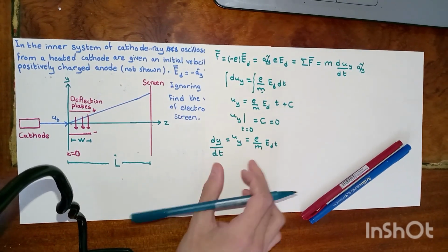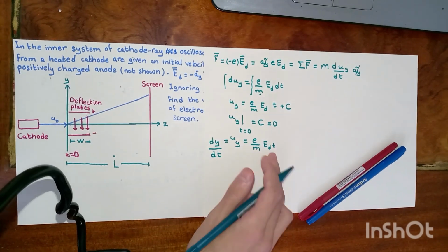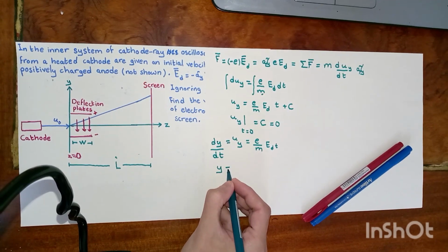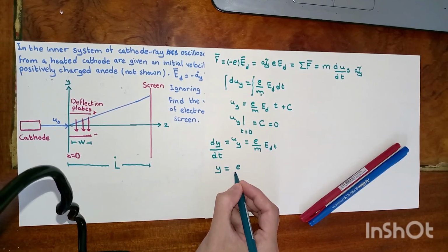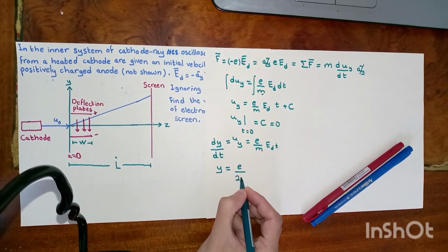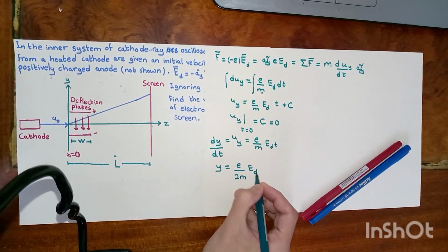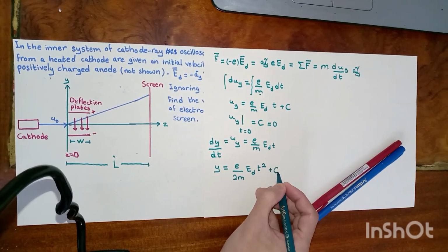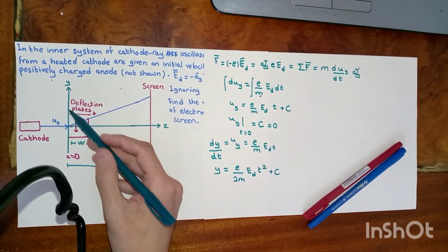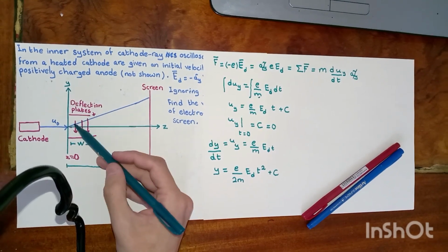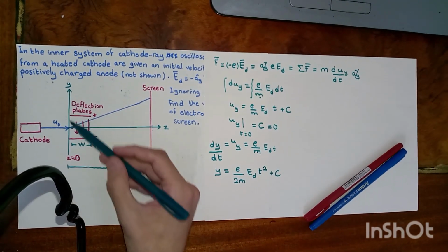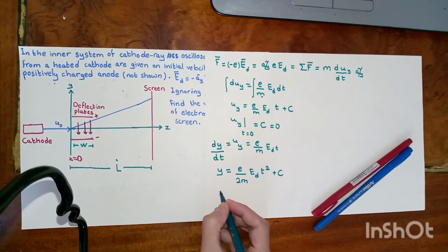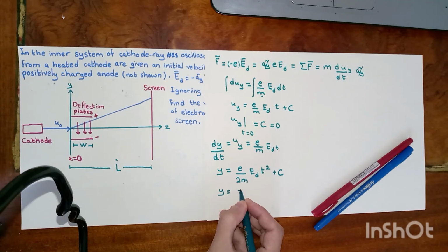Now take the integration again for both sides of this equation, and we will end up with u is equal to E over 2m E d times t squared plus C. And look at the problem. Before entering deflection plates, the position with respect to y was 0, so C is equal to 0 as well in this case. So y is equal to,